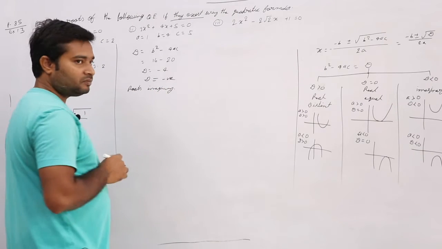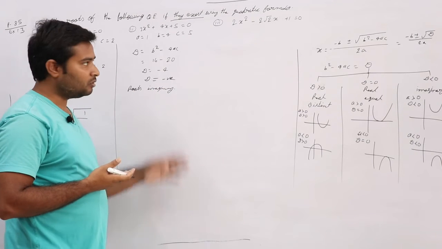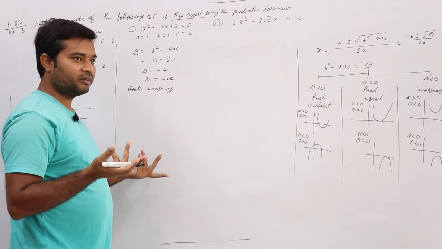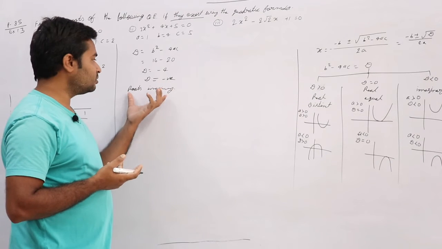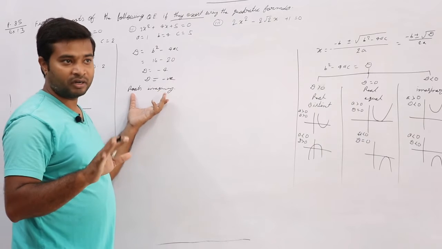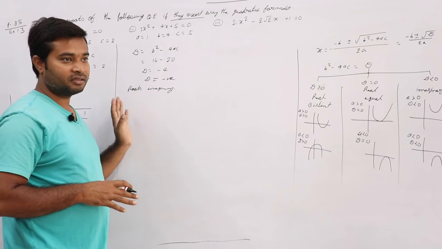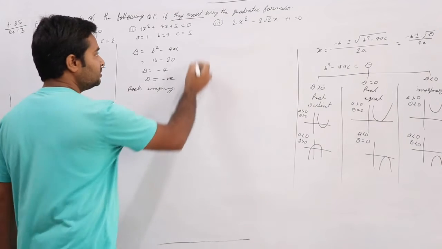Imaginary. So we will not find the value, leave it here only. Or you can say the roots are imaginary, or the roots don't exist according to your syllabus. According to your syllabus, what do you write? Roots don't exist. Correct? Now check the third one.